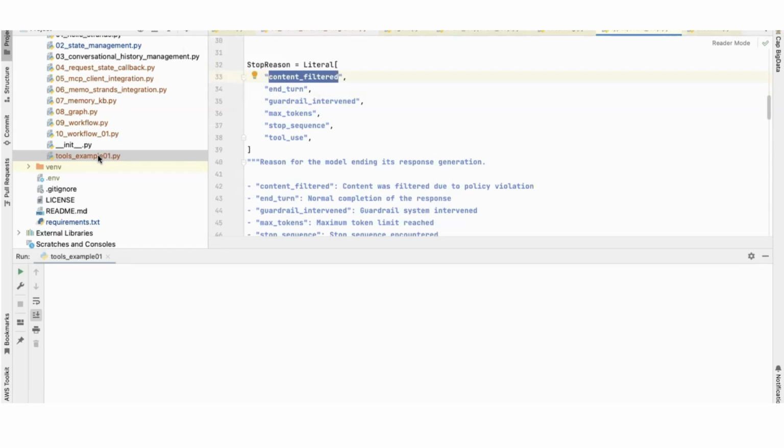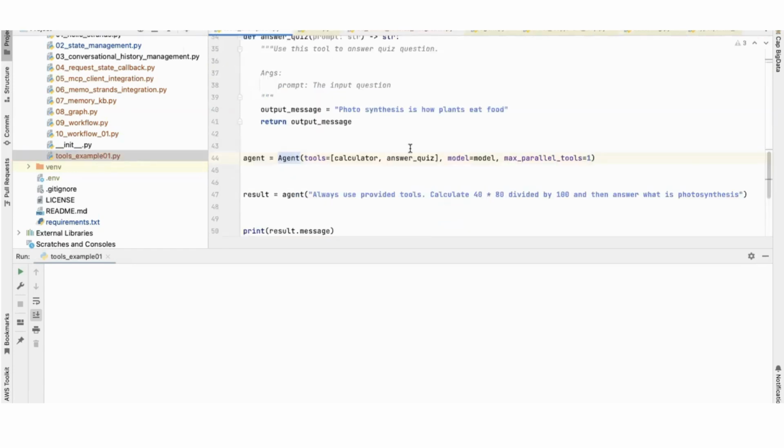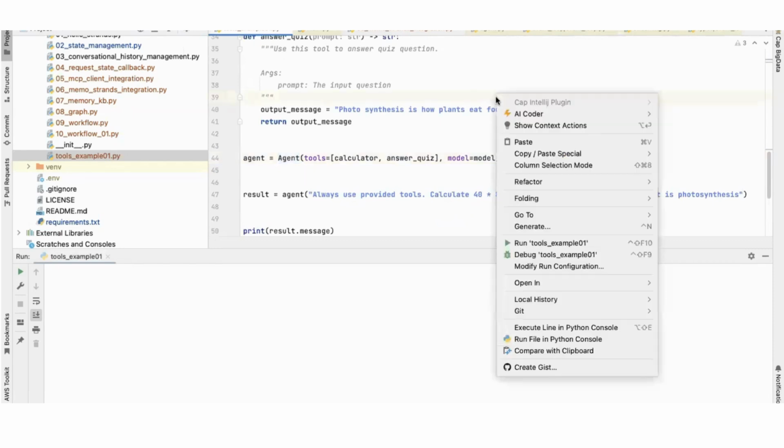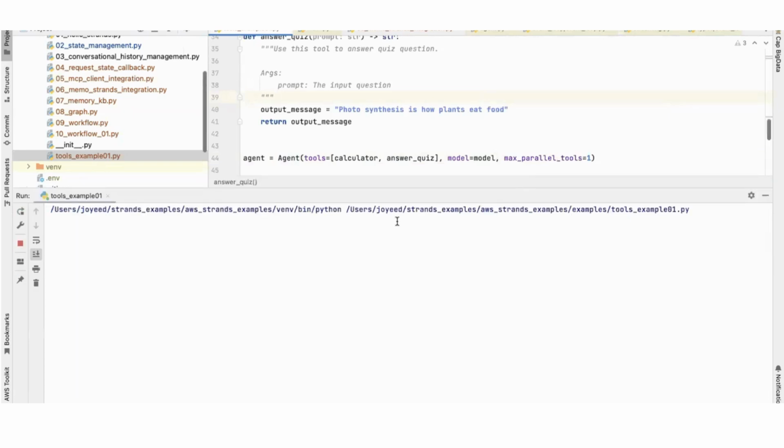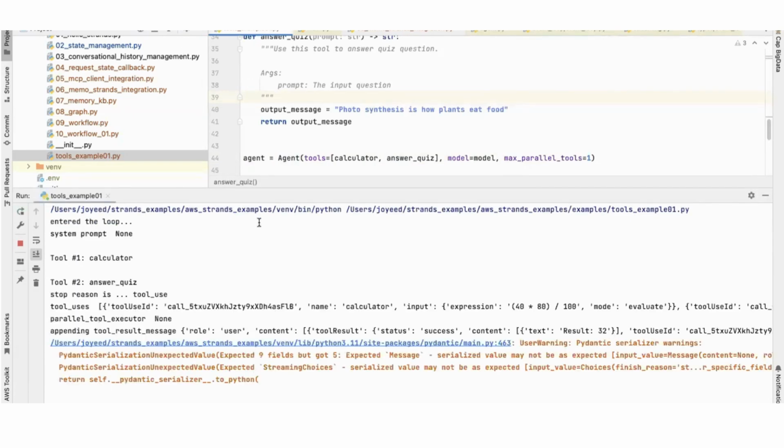Now, let me run this. I put some prints to show the flow. So here I am asking a question: always use provided tools, calculate 40 into 80 divided by 100, then answer what is photosynthesis, right? So if I run it now, you'll see that the stop reason would be tool use, right? So it said enter the loop,